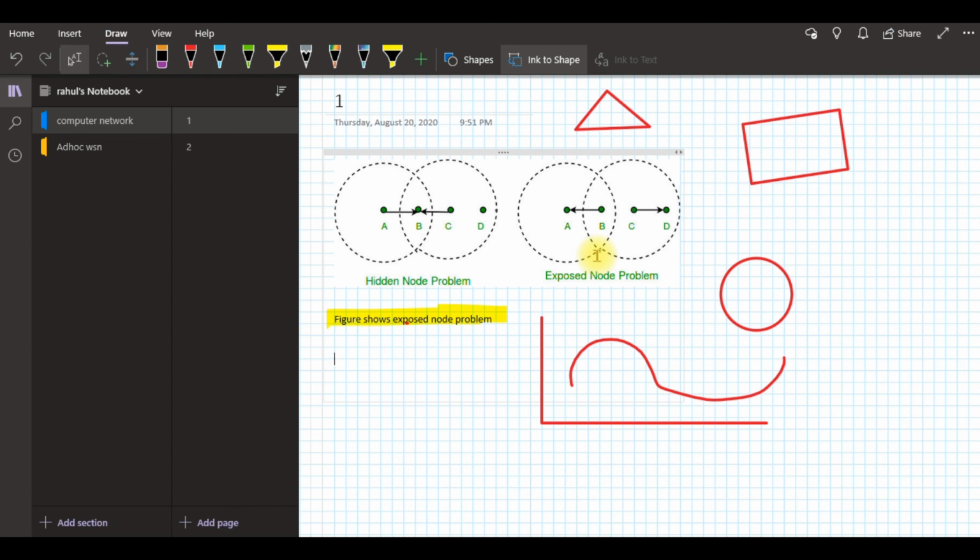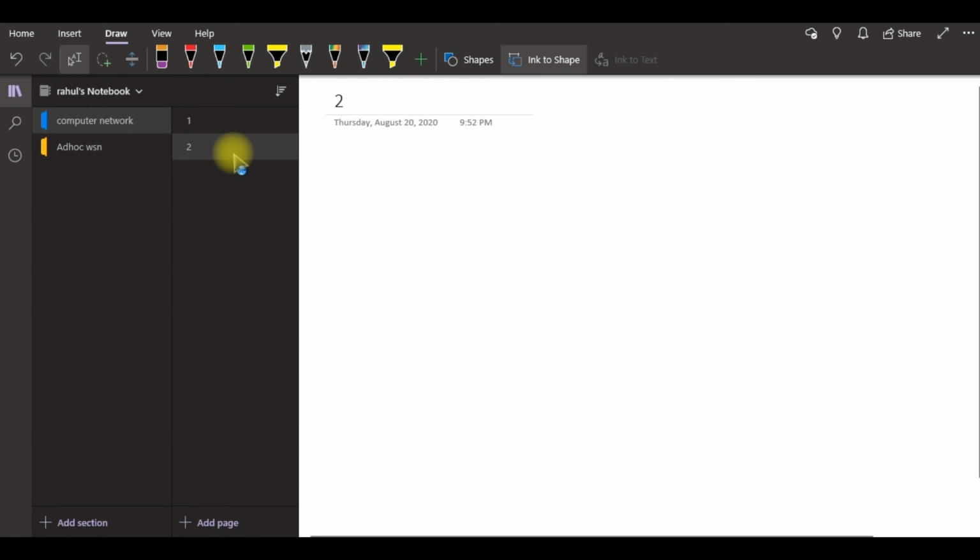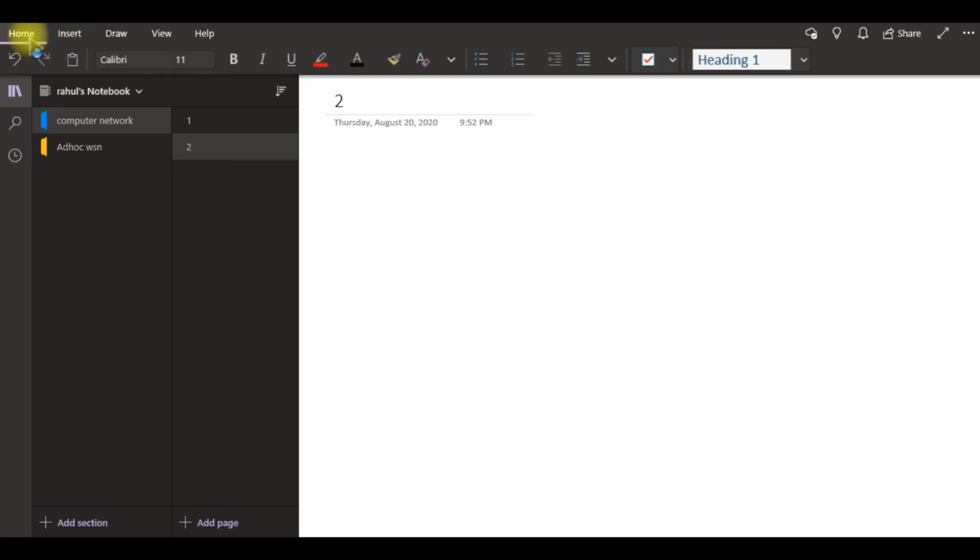So this is one day, suppose I take this for this particular date. And the beauty of this is the date and timing will be automatically recorded. Then if I go to page 2, that is my second day, so that date will be saved. You just give unit, topic 1, topic 2, topic 3, then you can create all the pages. And at the end of the entire semester, you can send this notebook to students, so students can go through the classes effectively and study all the topics, right? So this is the facility.